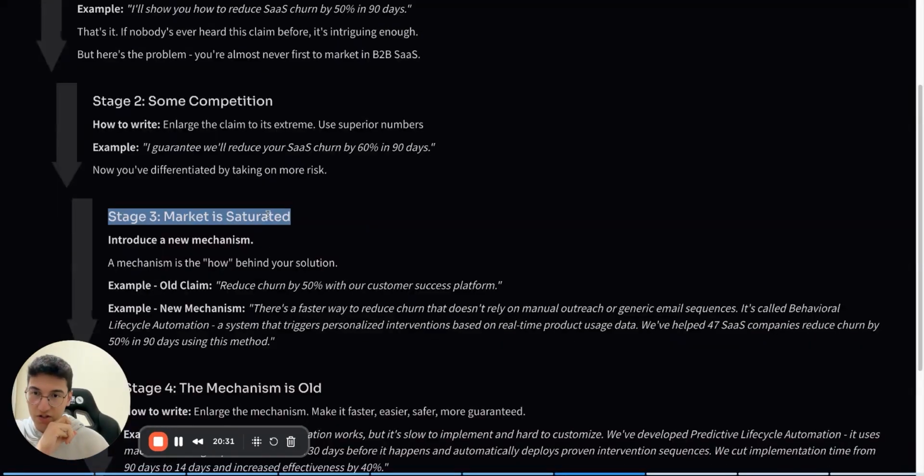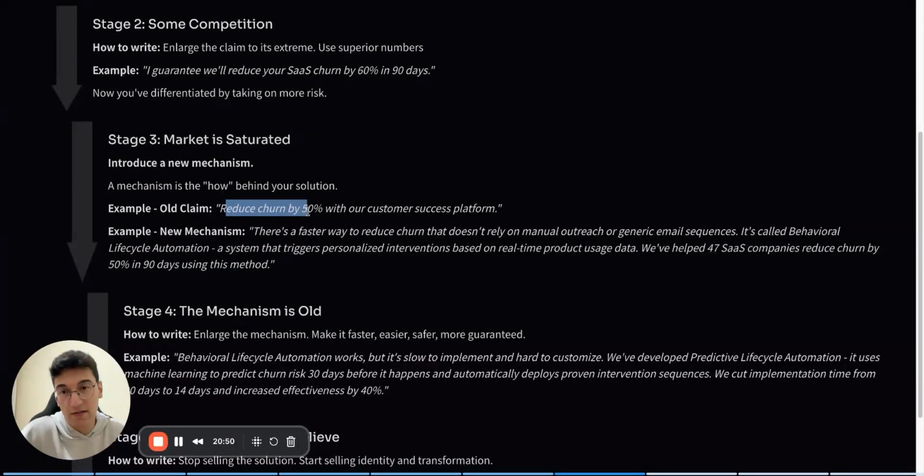And our third stage is saturated market. In this market, you need to introduce a new mechanism. A mechanism is the how behind your solution. How does your product work? Like, instead of directly making this claim, you need to say something like this: there